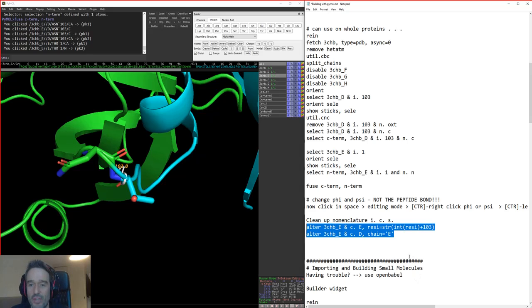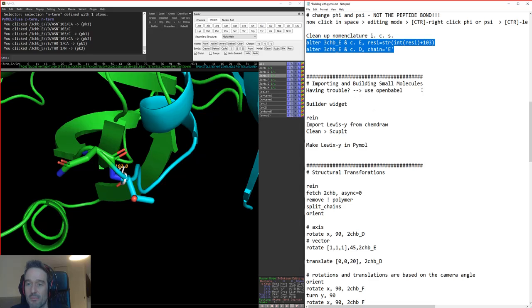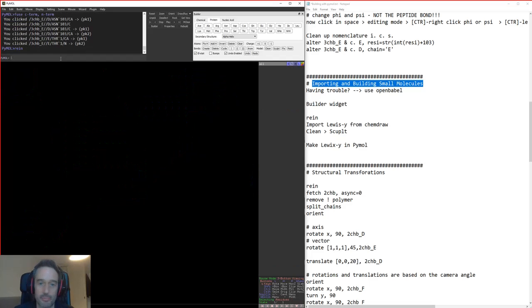So I think that's all that I have to say for building peptides and building and joining proteins together. There is of course a small molecule builder in PyMOL. Now it does work, but I wouldn't suggest that it should be the first place that you go in order to build small molecules, because the internal force field of PyMOL maybe isn't really equipped to deal with making proper minimized structures. But if you're doing something very quickly for a presentation or for a picture, then you can go to your little chemical builder up at the top here,